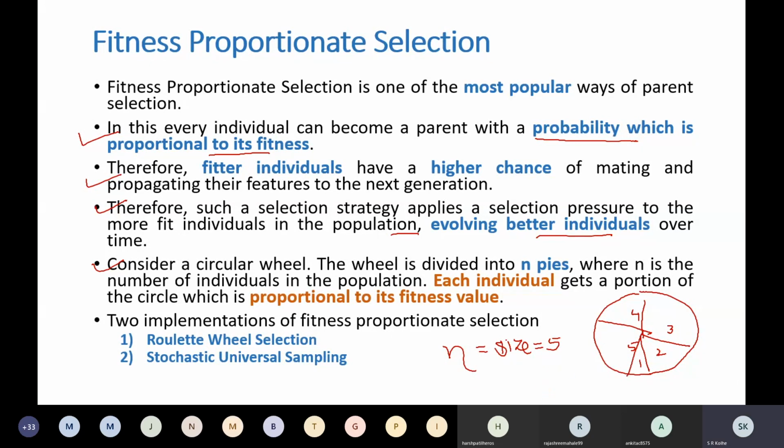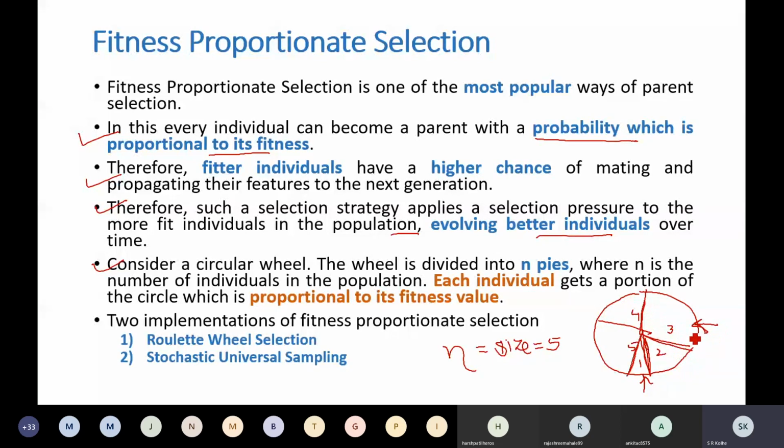Each individual gets a portion of the circle which is proportional to its fitness value. Now what does this mean? This solution 1, that means individual 1, is getting the smallest part on this circular wheel, right? Because its fitness is less. Then individual 3 is getting the highest part on this circular wheel. What might be the reason?